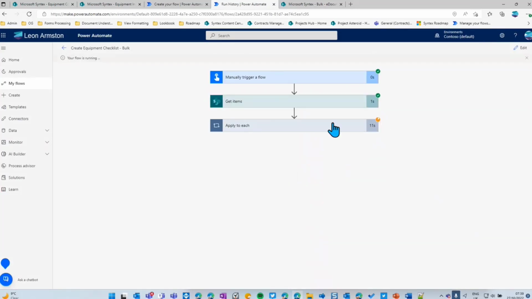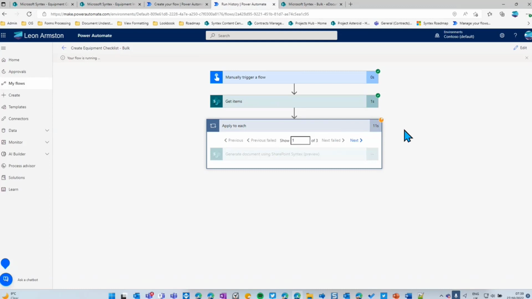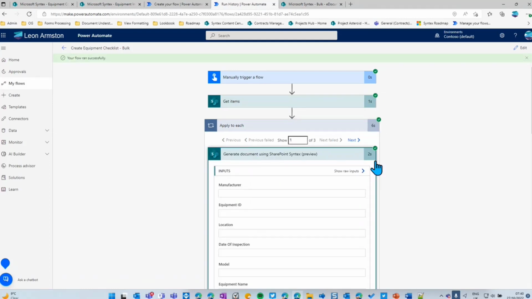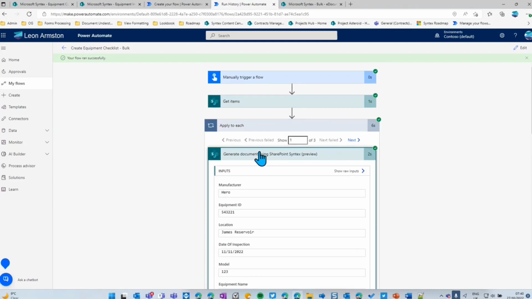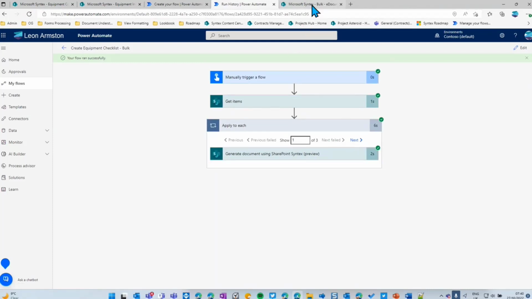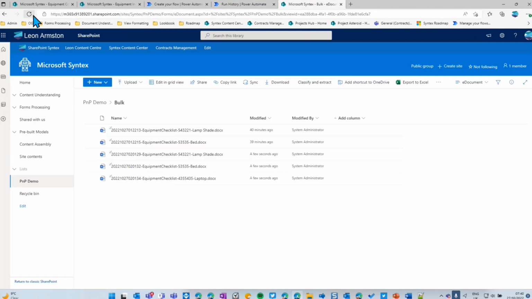This shouldn't take too long to create. It's a couple of seconds per document. So we can see that it's now successfully completed for 3 documents. So if we now go to the bulk folder,